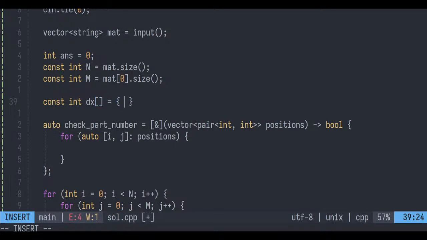So it would be 6 or 8. Yeah, 8 positions to check. So 0, 0, minus 1, minus 1, plus 1, plus 1, it should be 6, or